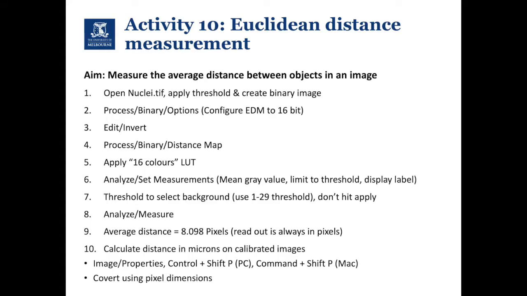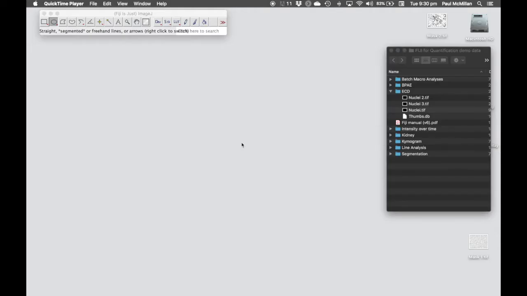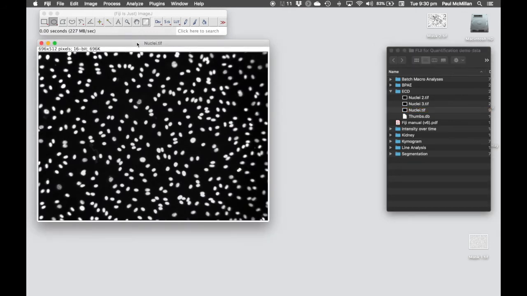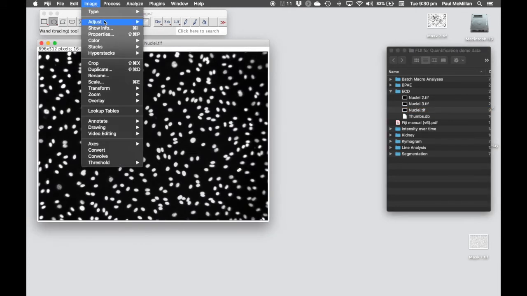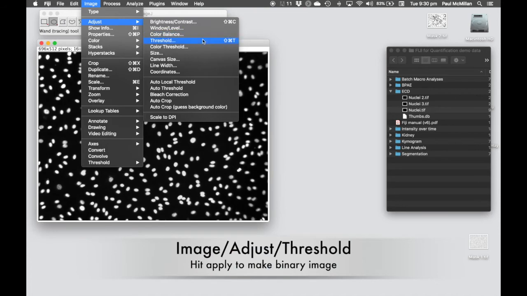Activity 10 is Euclidean distance measurements. We can use this to measure the average distance between objects in our image. For the Euclidean distance measurements, we're going to open up the EDM folder and open nuclei.tif. First thing we're going to do is set a threshold to identify the nuclei,